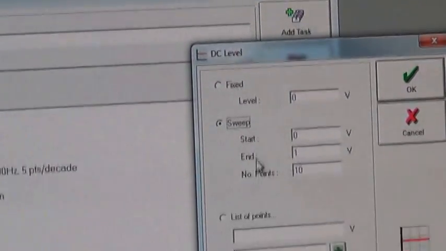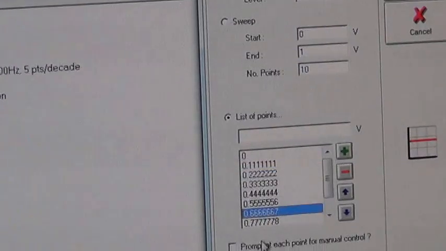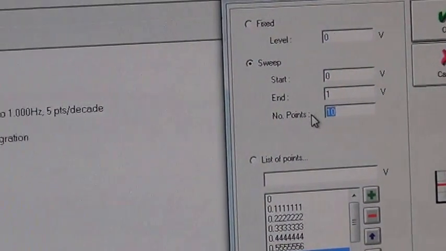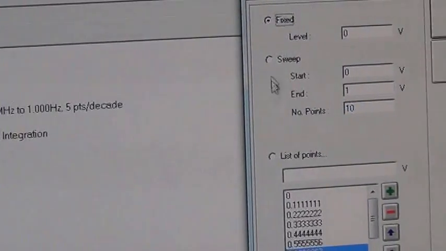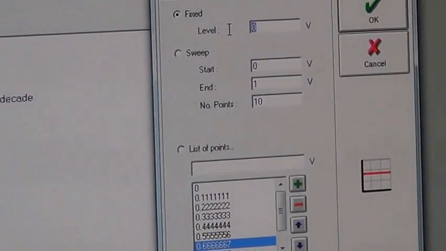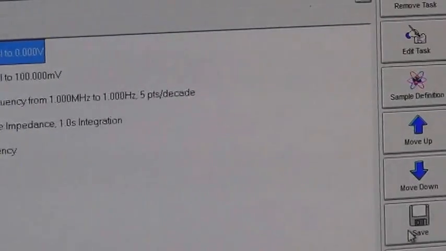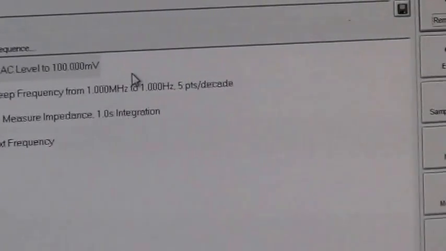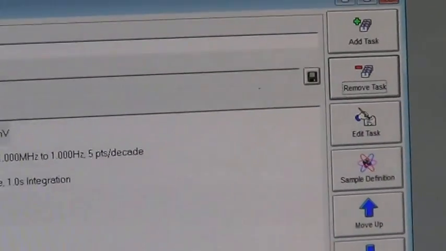Either you can sweep it and list the points, how many points you want to record, or directly you can set the number of points, 10 points. That will be the point. So fixed or whatever it is. If you want to apply some voltage, you can apply. Otherwise, just give cancel. I don't need to bother, or I can remove this step also. I can go to this and remove this step. If necessary, I can add it; otherwise, I can remove it. But AC amplitude will always be a must.